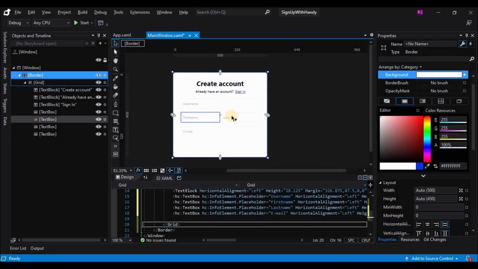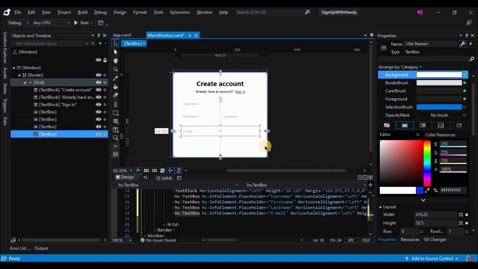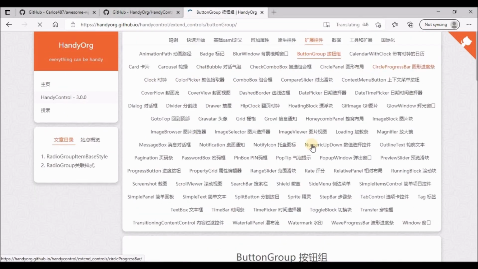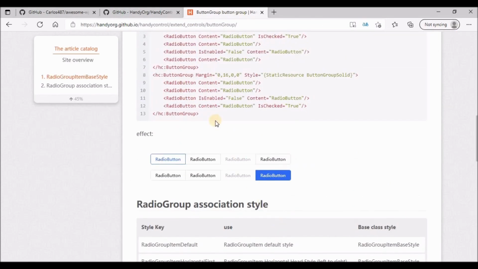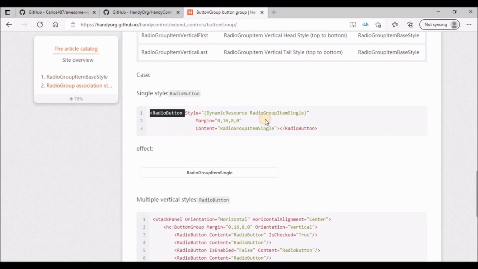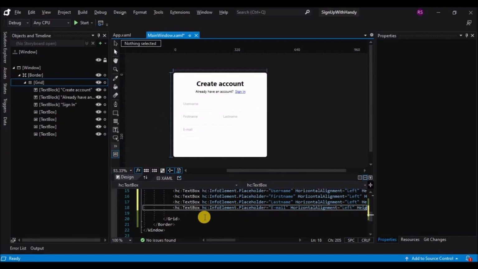Let's see if we have a custom button in the library. I don't think we have a separate button. Let's try this radio button and see if it works.